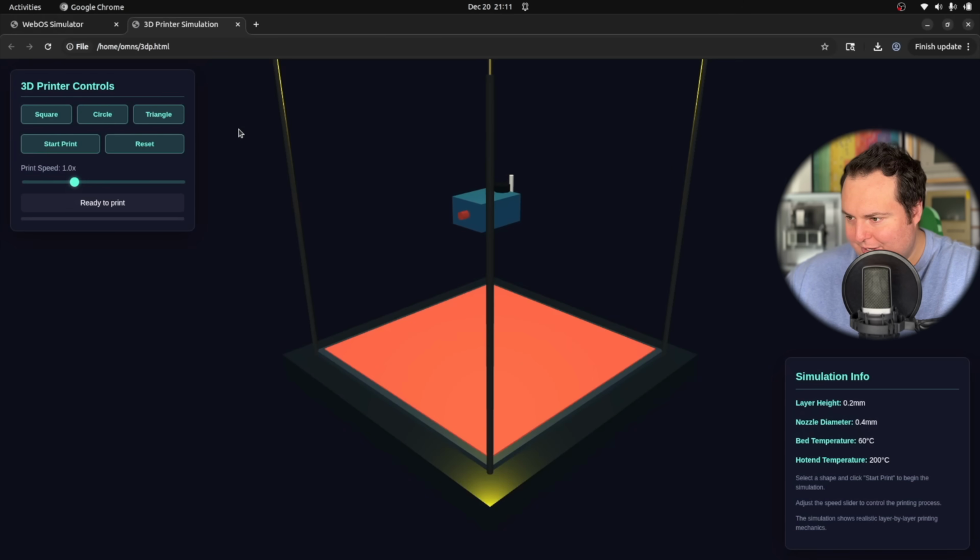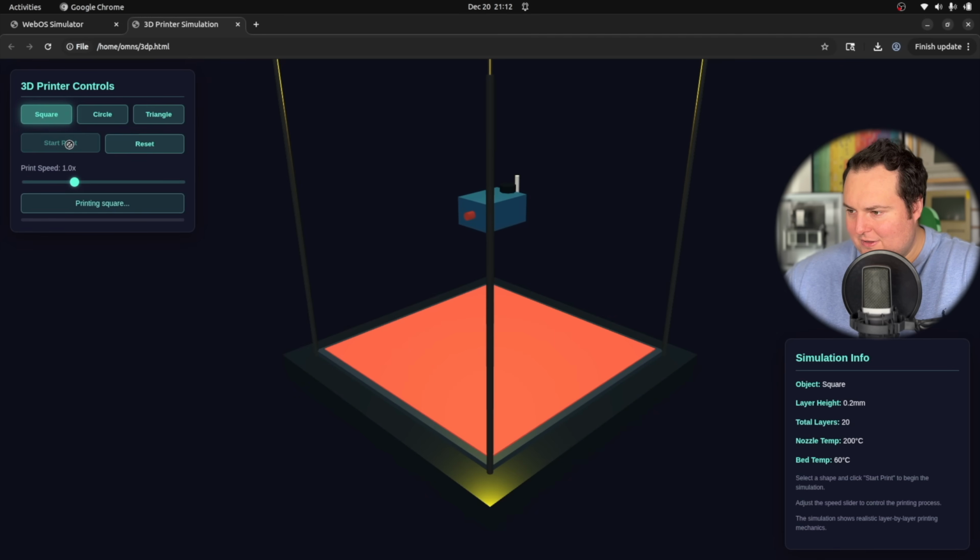All right, here's our 3D printer simulation. Now I actually see the head moving slightly, which is cool to see. Let me see. I don't necessarily see any way to actually move the camera view, and none of the arrow keys or any of the mouse keys are doing it, so whoops, that is okay. It just means we have a static view, but regardless of that, that is not the main test of this. So let's try the square, and